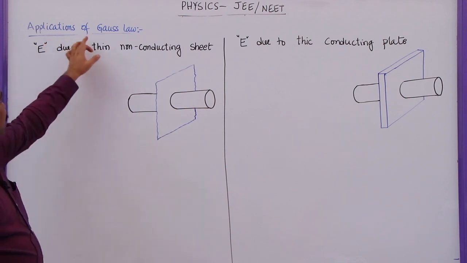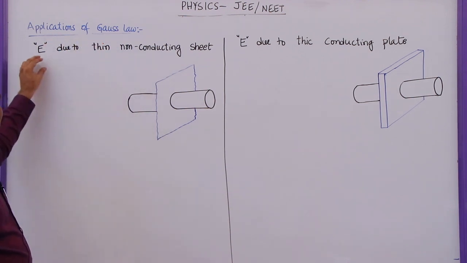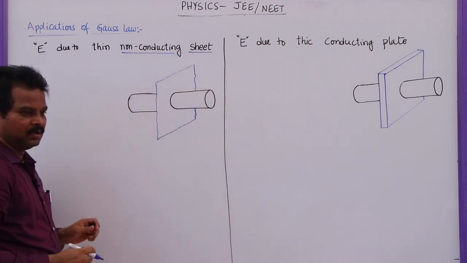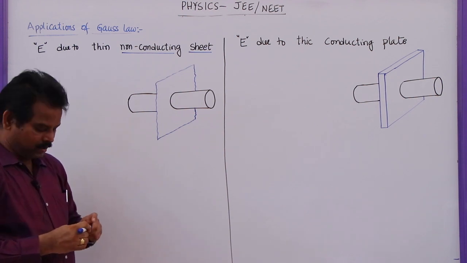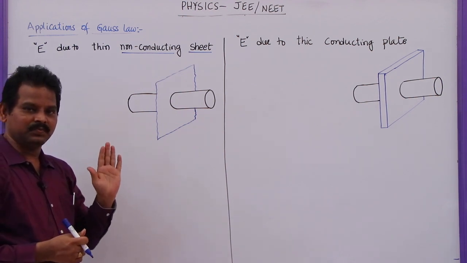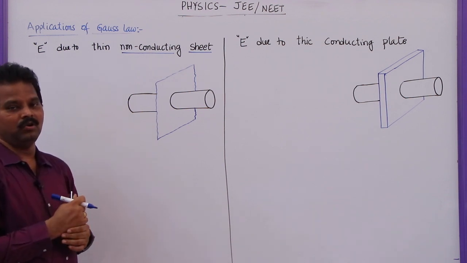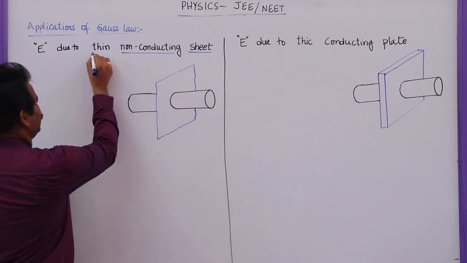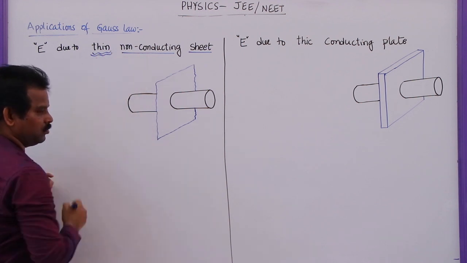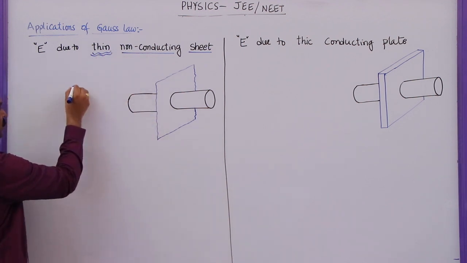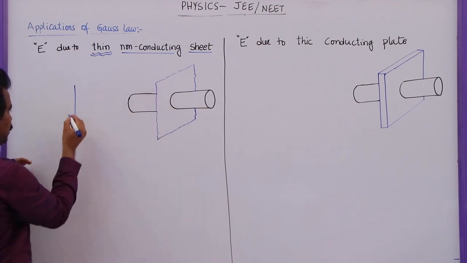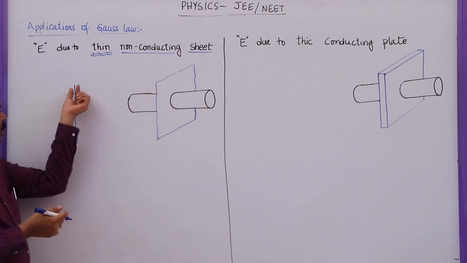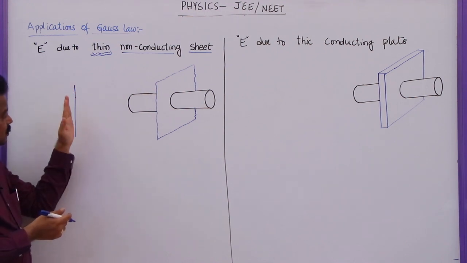Here, by using Gauss law, we are going to derive the electric field due to a non-conducting sheet. So this is a non-conducting sheet, where the charge is spread throughout its volume. So charge is spread inside this sheet. But as it is a thin sheet, if you take the cross section of this one, let us say this is the cross section, same thing. Here charge is inside this one and thickness is negligible. So here the charge is almost spread on its surface.